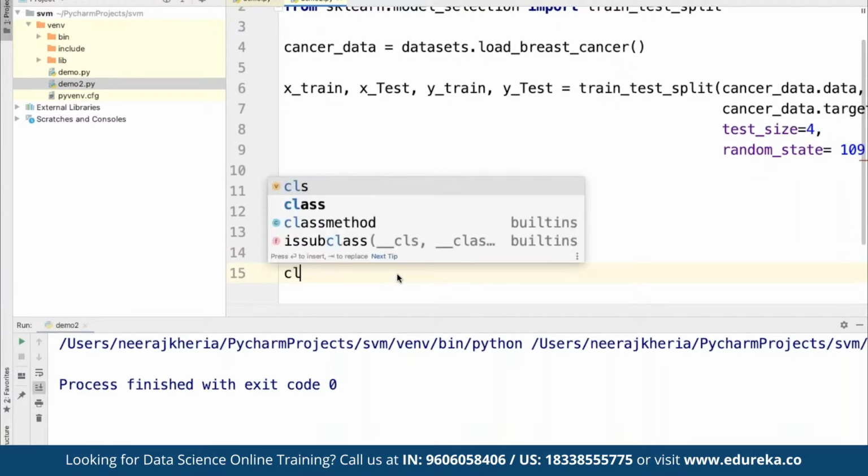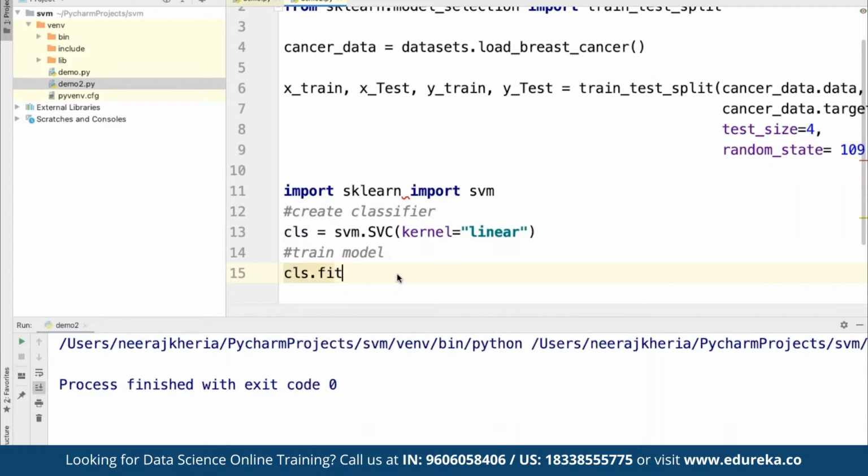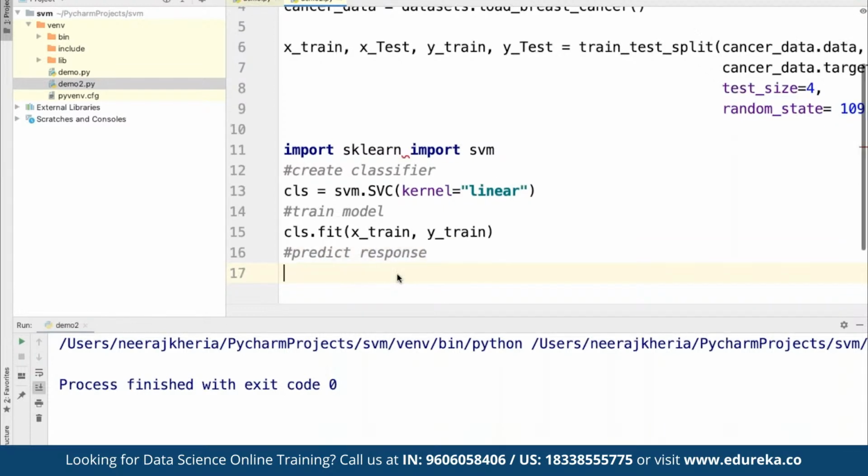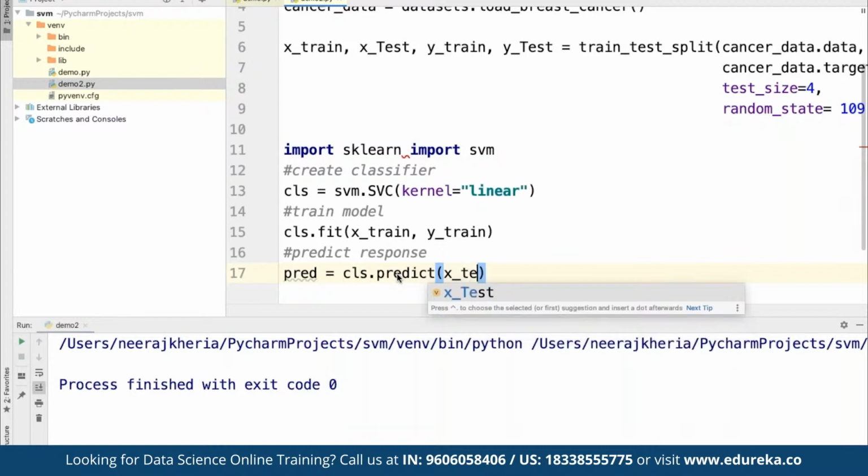To train the model, we can define clf.fit, and then we define X train that we have already imported, and then Y train, on which we have already performed the split. And then we are going to have a prediction done. So here we can define predict response, and for getting the response we define prediction as clf.predict, and for this we make use of X test that we have already defined.